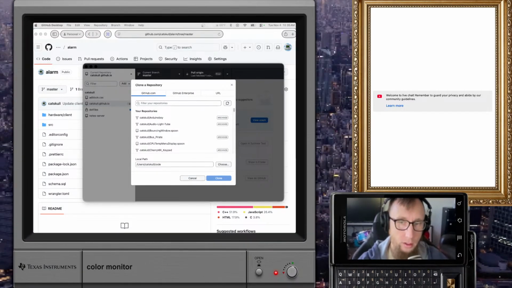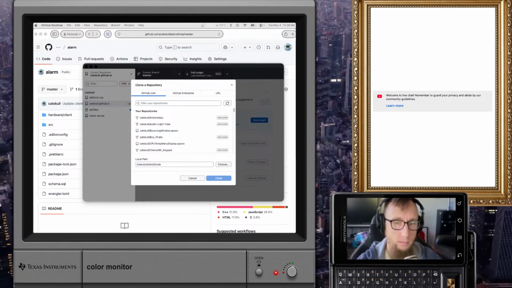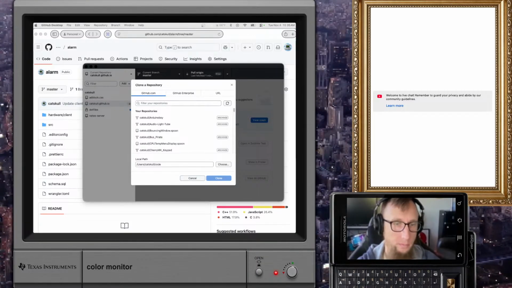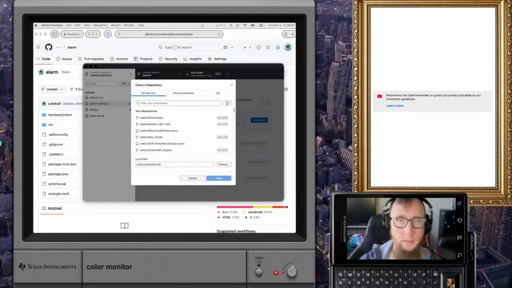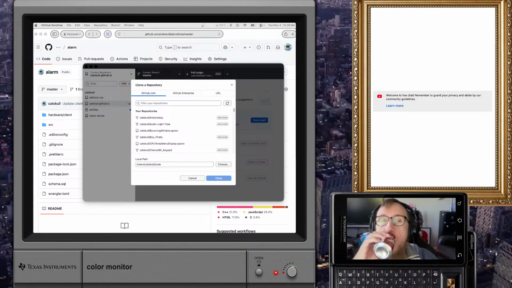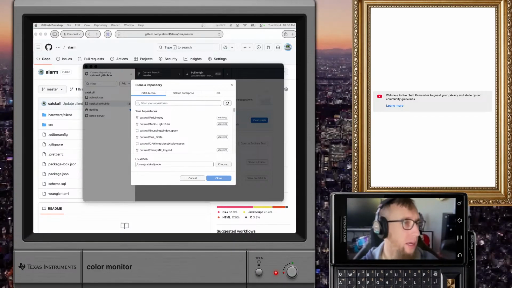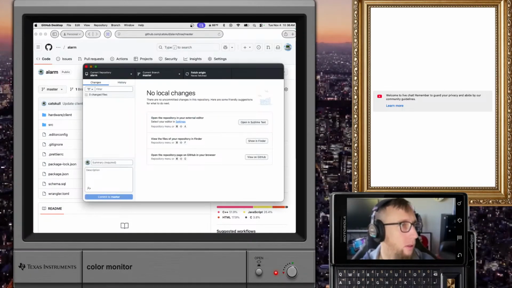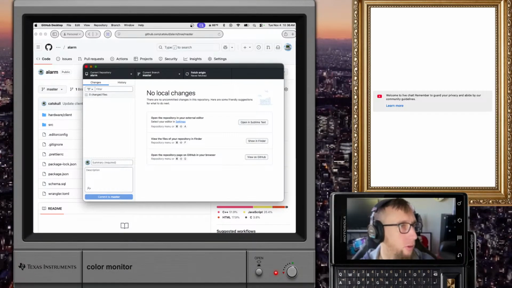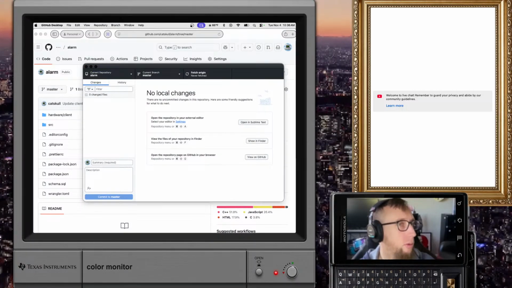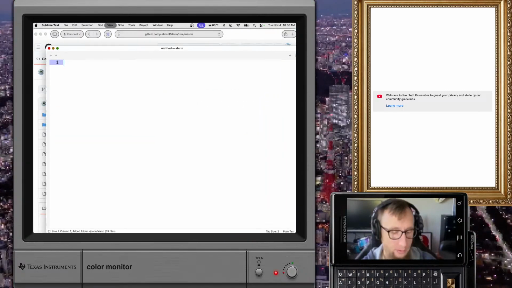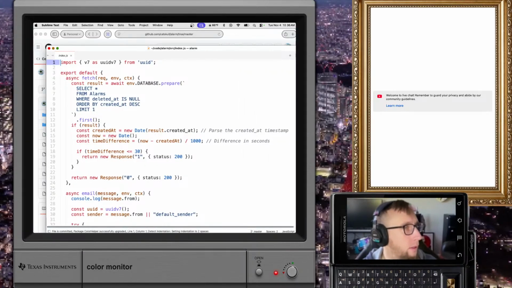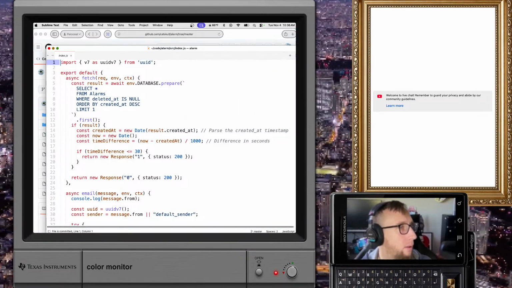I did write down a to-do list. I have a couple things I want to get done today. Okay, I think I called it alarm. Clone. Where did it put it? I hope it put it in the right place. Repository, open in Sublime Text. Okay, source. So, what did this do?